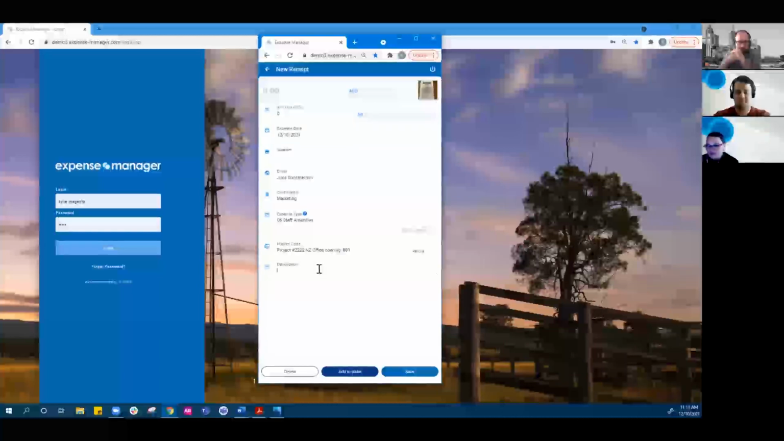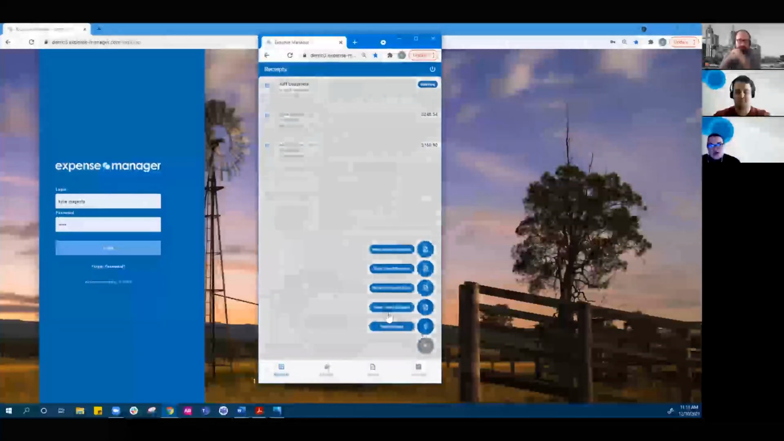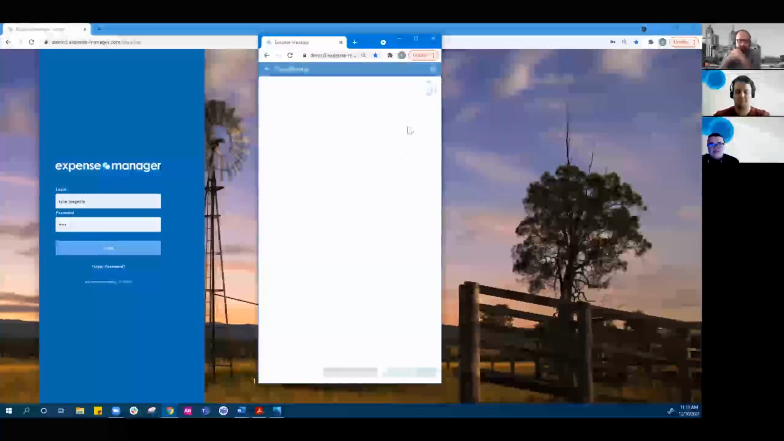Then I've also been asked to add in a description. And I can either now save this to go towards my credit card statement, or I can add it to a cash reimbursement out-of-pocket claim. For this particular one, I'm going to now save that to go towards my credit card statement, and the scanning has started. I'm now going to add one more receipt in, and this time we're going to add it to